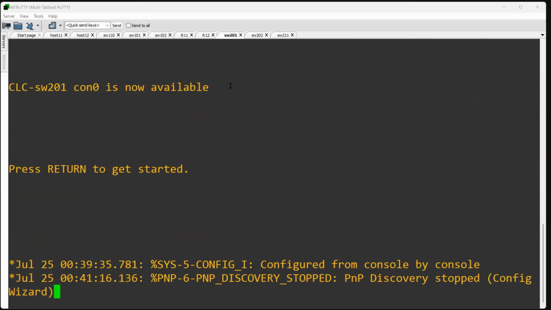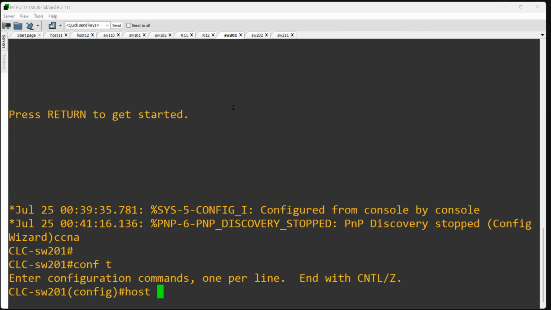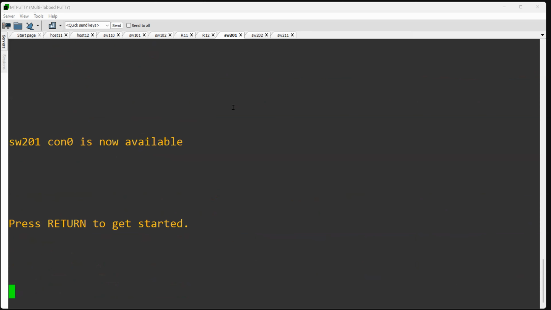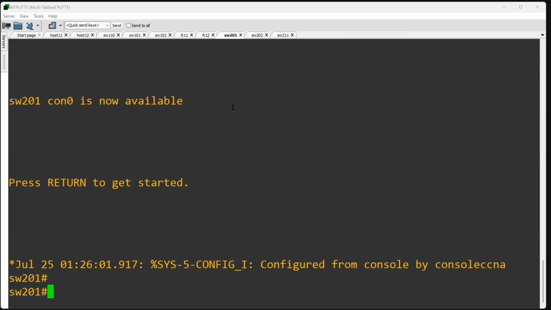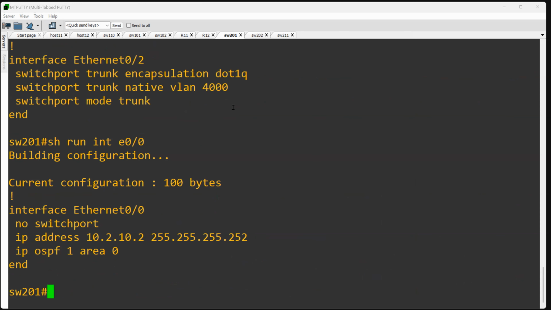Now, if you go here to switch 201 in the data center, and see the interface there, I think that is E0/0. Yeah. So here you will see